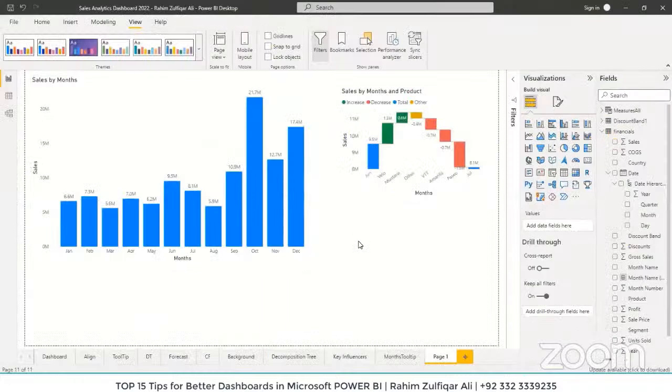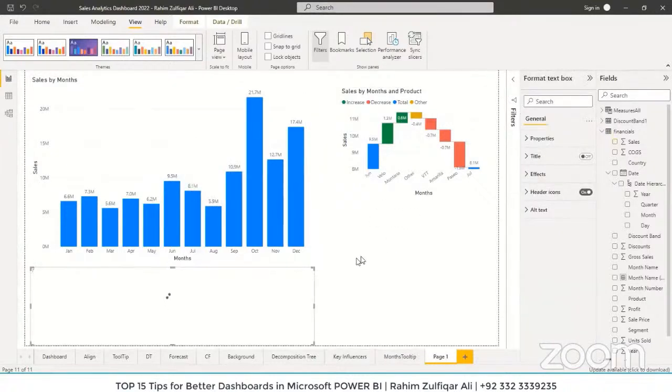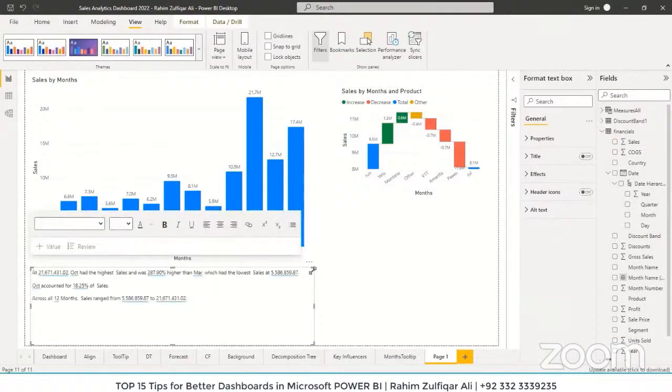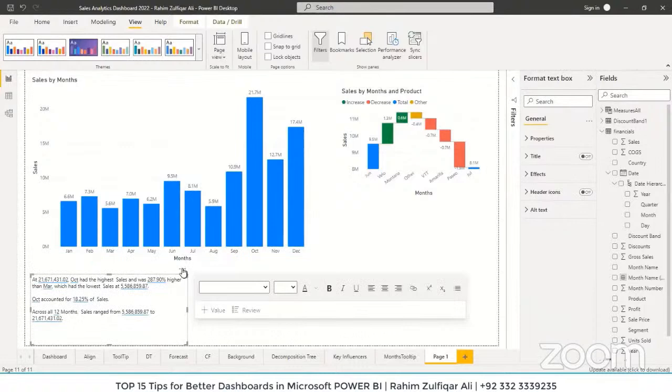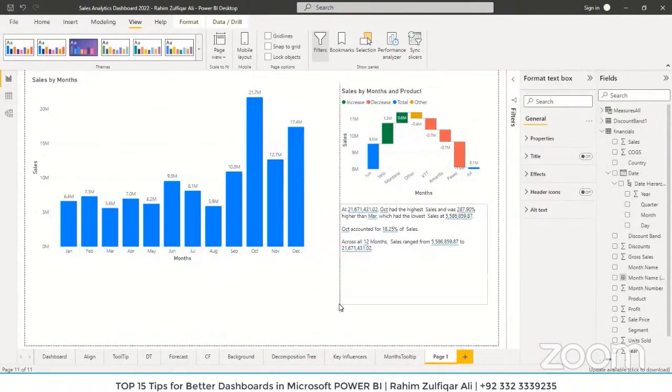Next feature is about the summary, smart narratives in Power BI. So for example, if you want to create a quick summary of this particular visual, just right click and here you will find the summarize option, which is the smart narrative feature. Click on that and within a few seconds it will generate a summary for you. Wow, super. Let me just drag this here. And it says that